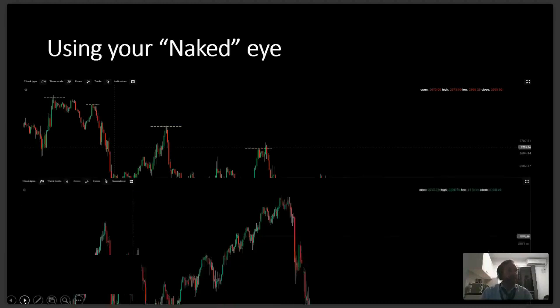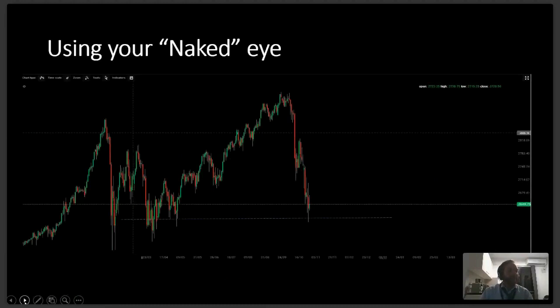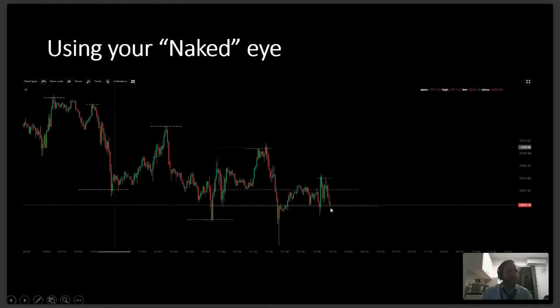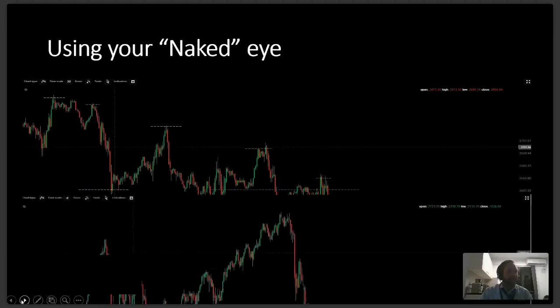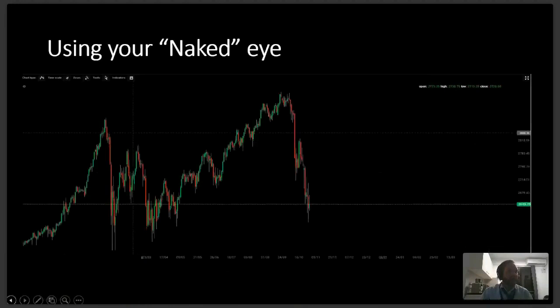We then move it into a daily. We can see that if we go back on this 30-minute chart, the current low does indeed coincide with a daily low which is currently being tested, which means this is a key area of interest because this is where in the past, when the S&P has been under pressure,